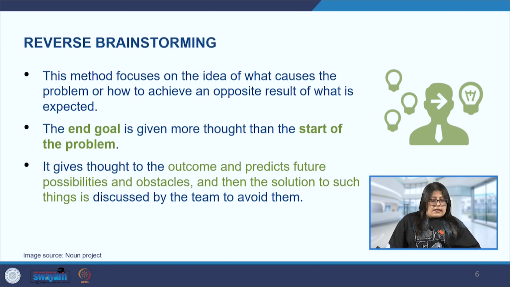So now let us understand this with the help of an example. If there is a company which wants to improve the customer experience in their e-commerce platform, how will we start with the process here? We will identify the problem. So we can say, how can we improve customer service in our e-commerce business. This is a standard statement that one may begin with. It is neither too generalized, nor too restricted, it's somewhat neutral. And now we will reverse the problem by saying, how can we make customer service worse.